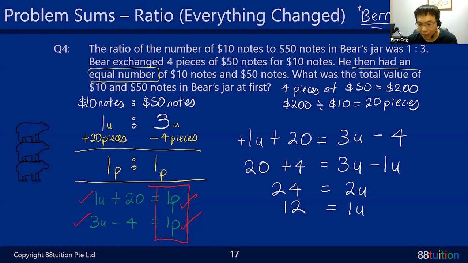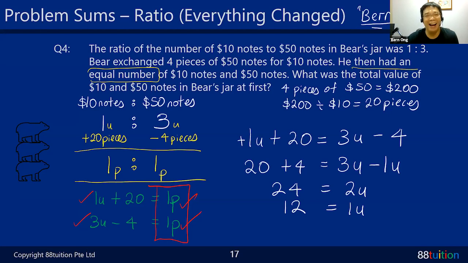What does the question want? What was the total value? Means how much? Banana. Very smart, Selin. Laughing at my name, naughty. She spelled it as Bern, then she put a nana behind. You are very creative. So naughty, you disturb my name. Naughty girl, but it's okay, I like it.